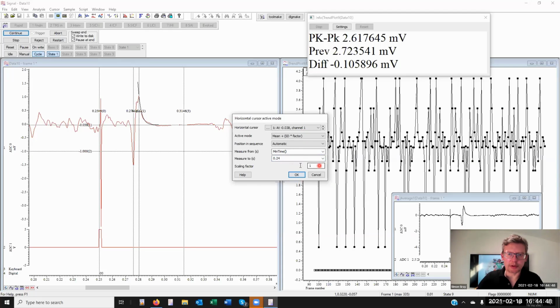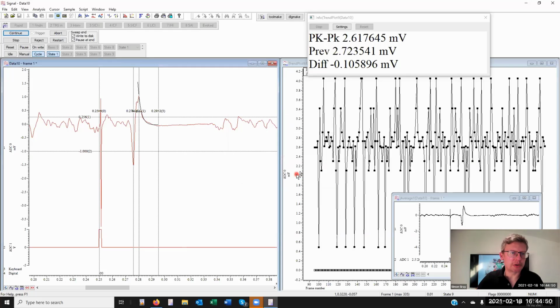Okay, and I give it a multiplier, 2 standard deviations. That has now calculated data from 0 all the way up to about here, and given me the 2 times the standard deviation, so mean plus 2 times that standard deviation. And that's projected across the rest of the data, allowing me then to place cursors initially in the center position here or somewhere in this region,